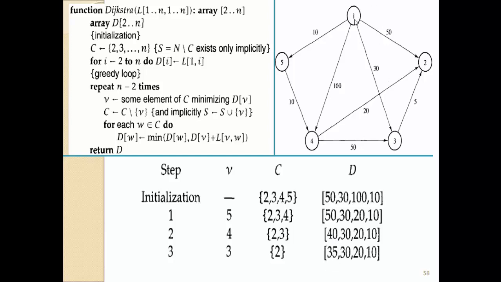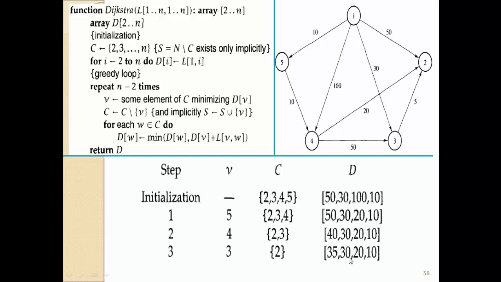It indicates that when we select path 1 to 2, at that time the direct path has a length 50. Then we have chosen another path like 1 to 4 and 4 to 2. So 1 to 4 is 20, 20 plus 20, that is 40. But another path is also available like 1 to 3, 30, and 3 to 2, that is 5. So 35. So the minimum length is 35.